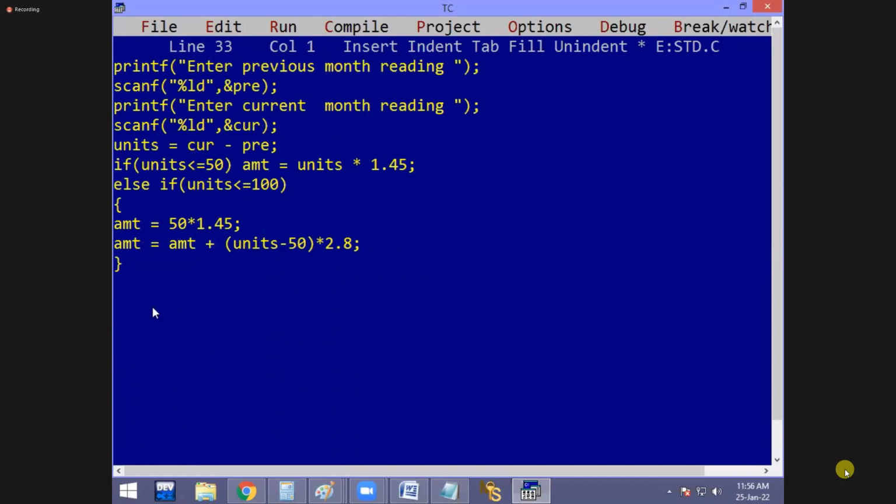80 units. They have used how many units? 80. 80 less than or equal to 100. True. When true, 50 into 1.45, 72 and a half. Now tell me, can I say it is nothing but the first 50 units amount? Yes, it is nothing but 50 units amount. That amount plus